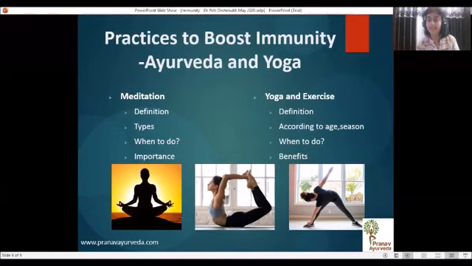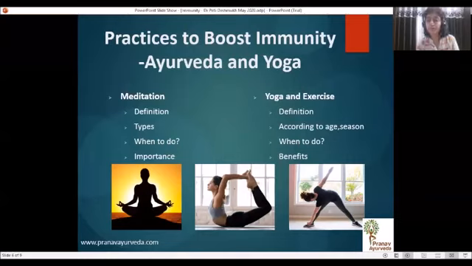So yogasanas help us to achieve complete relaxation and stability of our mind as well as our physique. According to Ayurveda, there are certain ages and certain seasons in which there are guidelines given about exercise as well as when to perform a particular exercise. Particularly in summer season, it is mentioned to perform Ardha Shakti Vyayama,